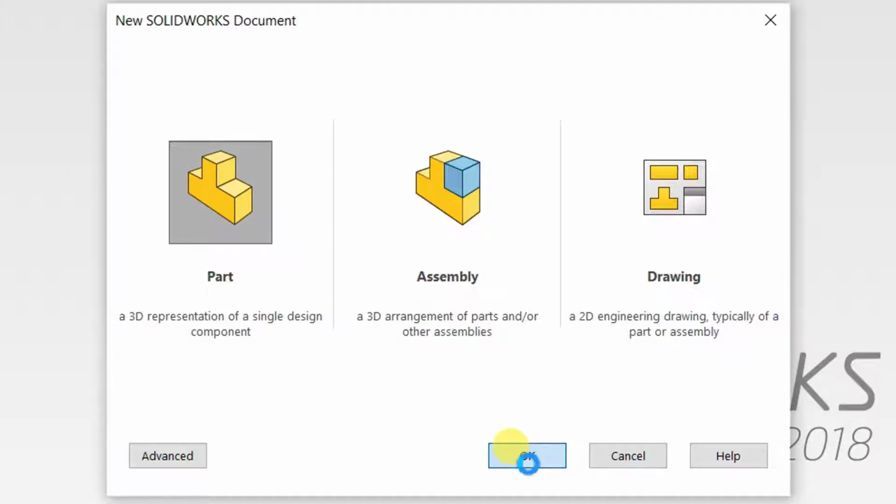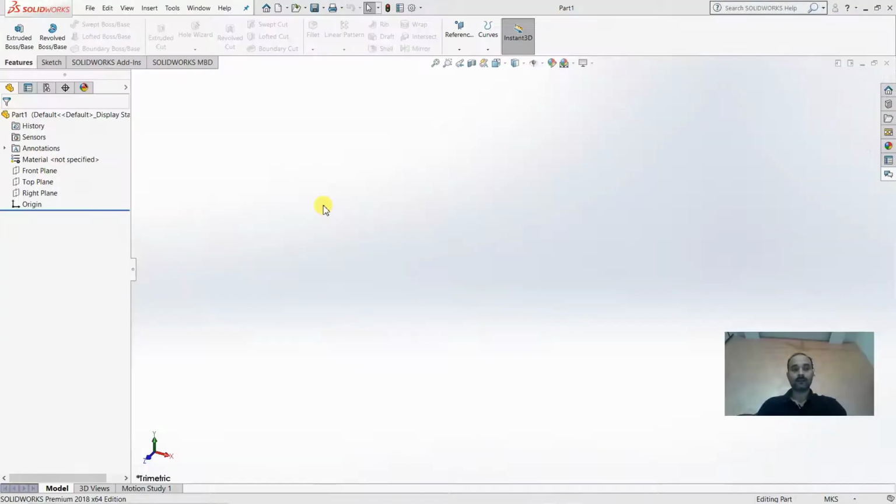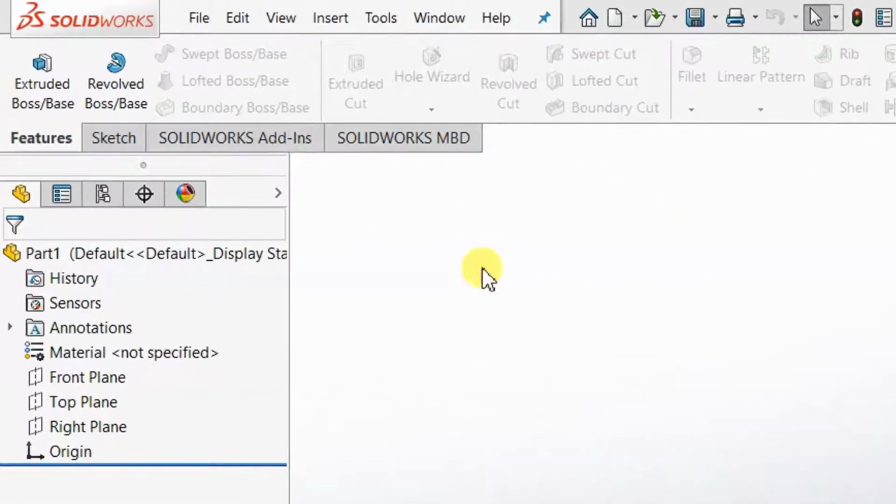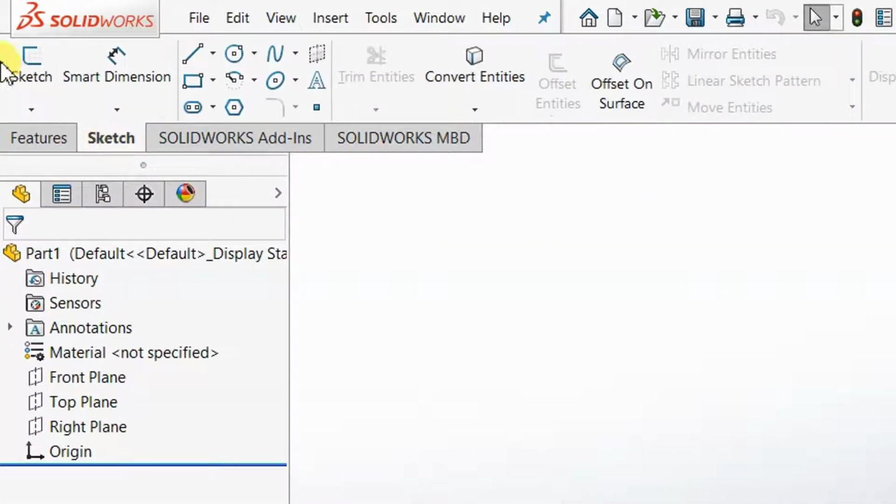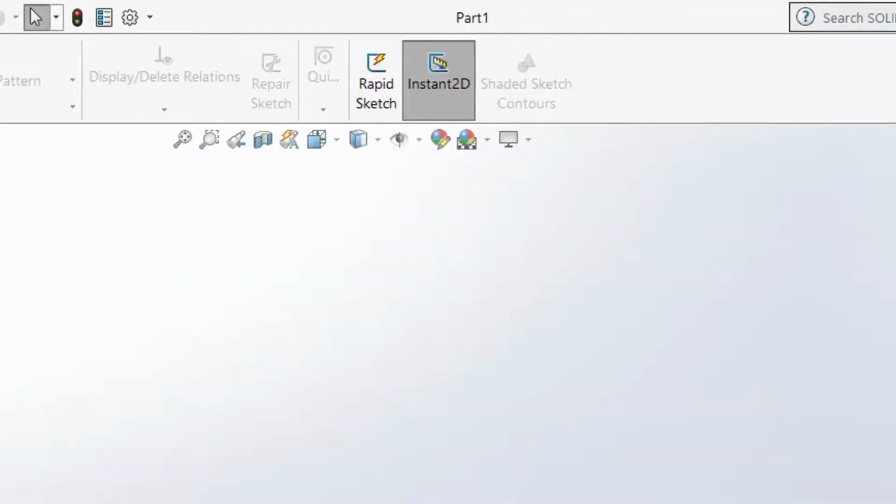Then your part interface will open, and it will take some time. So this is your part interface. Now if you go to sketch, then your sketching commands are active. But before applying the sketching concepts, we have to learn some controls of SolidWorks. These are on the top of your interface. These are called controls. To show these controls, I have to create some 3D parts to show you what is happening.